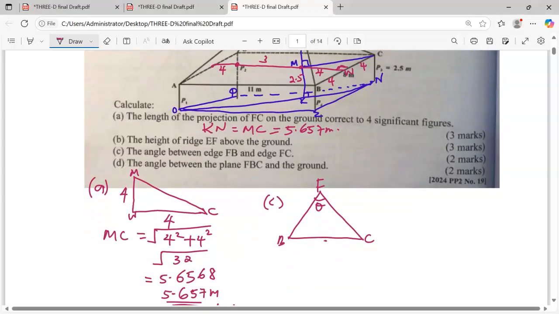So remember, BC is 8 meters, sorry. This is 6 meters, this is 6 meters. So we are going to split this into 2 such that we have 4 here. Remember, the angle we need is theta. We can have this angle as theta 1. So that once we have that theta 1, we are going to find the size of that angle theta 1 by using opposite of the angle and the hypotenuse. The opposite is 4 over the hypotenuse 6,